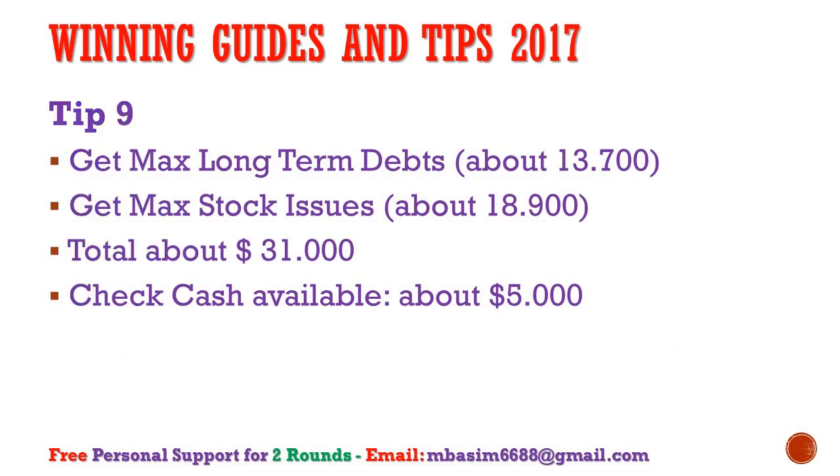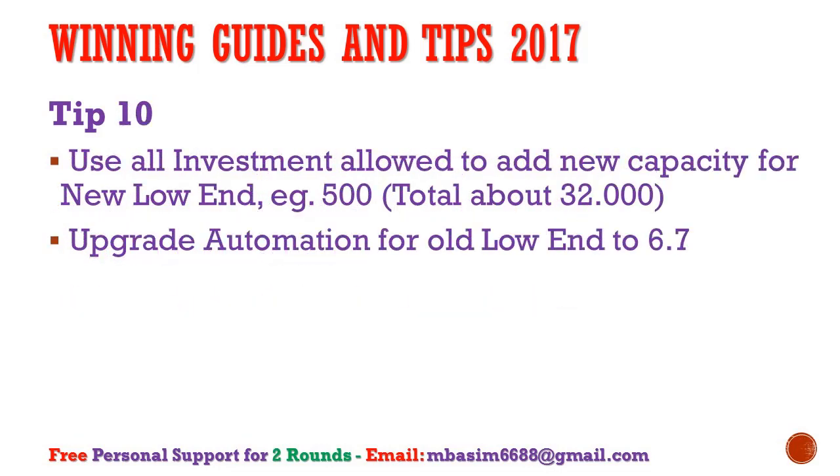We need to get max long-term debt for investment in R&D, factory capacity and also automation. So we get max long-term debt and max stock issued. We get a total of about 30 to 31 million for the first round, and keep the cash available around 5 to 10. Tip number 10: for round 1, we use own investment allowed to add new capacity for low